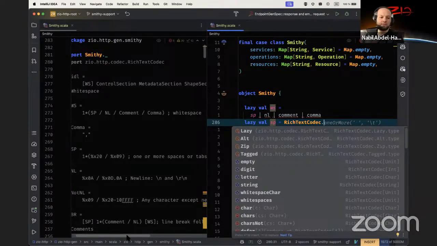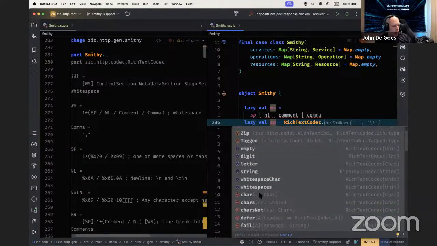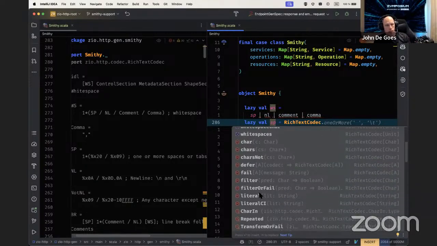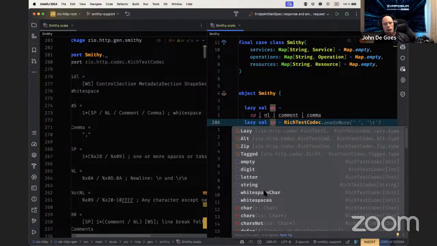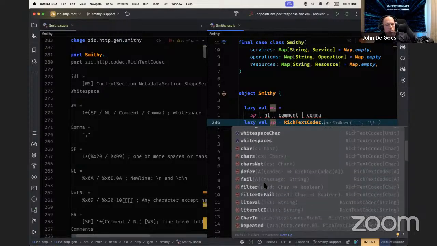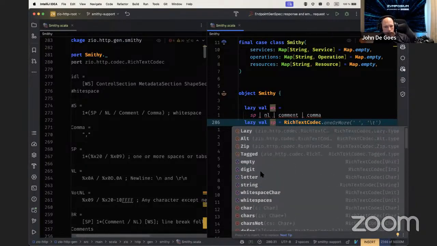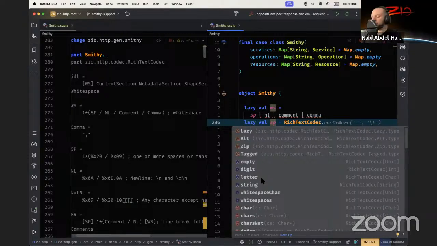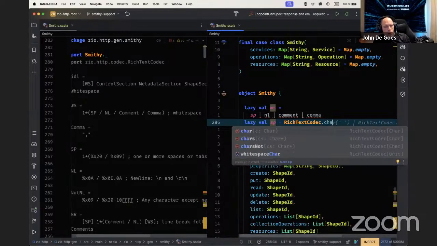Okay, so let's go back to rich text codec and look for a method that will give us one or more of something, because this grammar is telling us we need to be able to find one or more of these things in the text file. So look through all the methods of rich text codec. It would most likely not be a constructor; it would actually be a method on an existing one. So probably we just use a constructor to construct a single white space first. Sure, why not? So char,